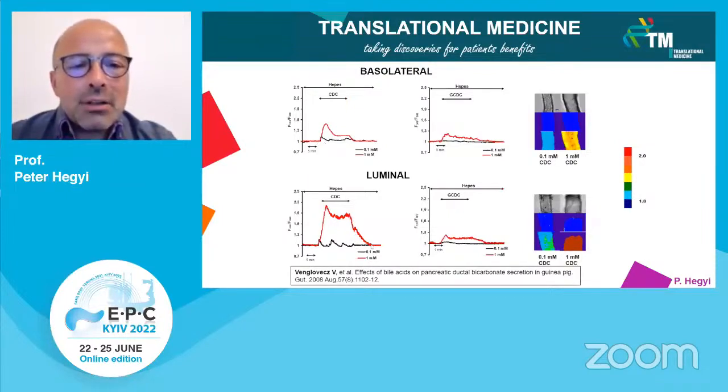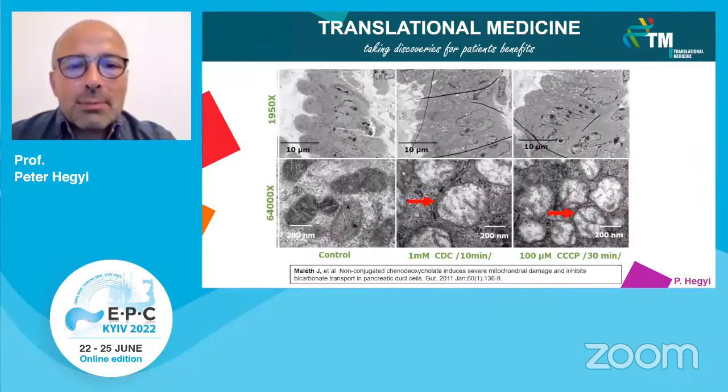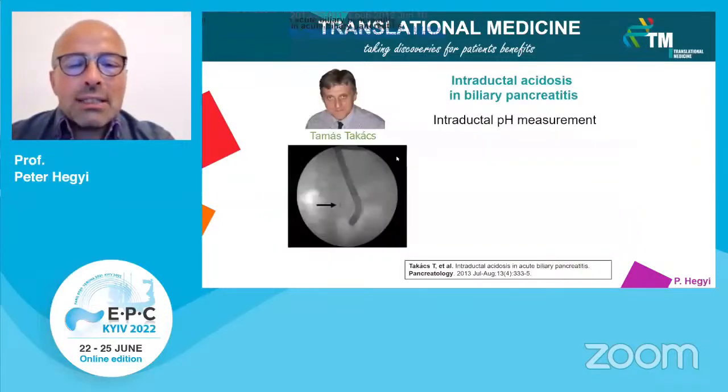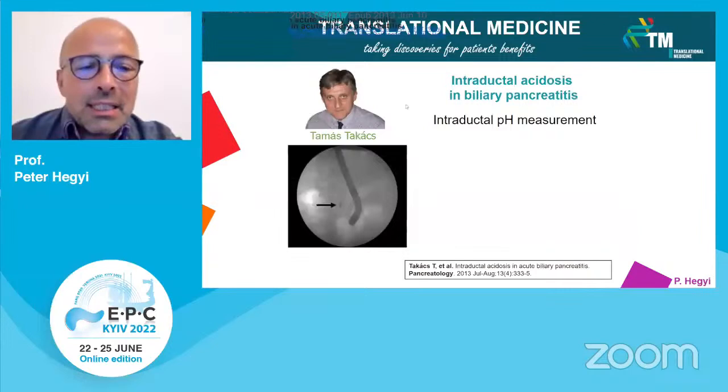However, when bile acid arrives to the cells in a high concentration, it causes a really toxic calcium signal. So all of our experiments showed that not only is the bicarbonate transport stopped, but if you look at the mitochondria, they are irreversibly damaged, which actually results in decreased ATP secretion. So we wanted to see whether the decreased bicarbonate secretion comes with